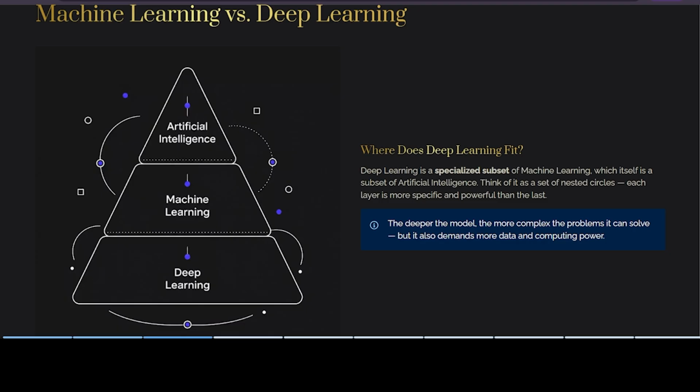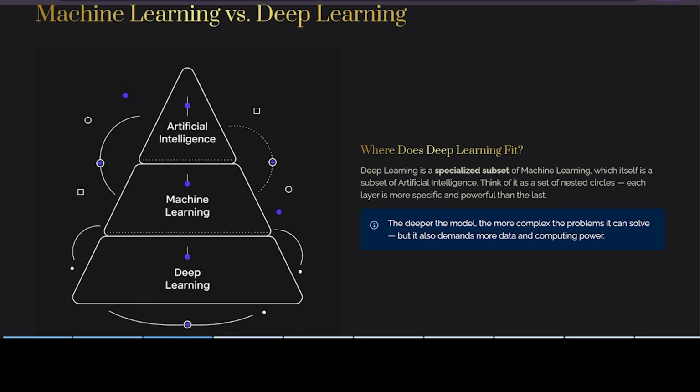So look at the differences, guys. First one, feature extraction. What this means is, in machine learning, humans must do the manual feature selection. That means humans interact with the computer and say what kind of pattern this is, and we have to explain all the things, okay. But in deep learning, the network itself learns automatically, okay.